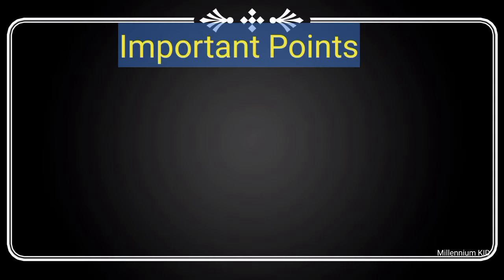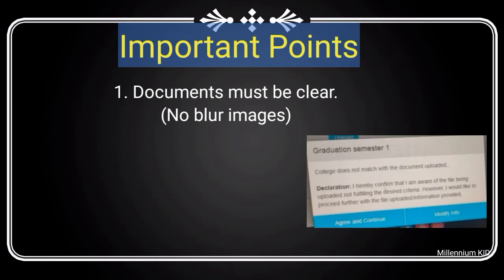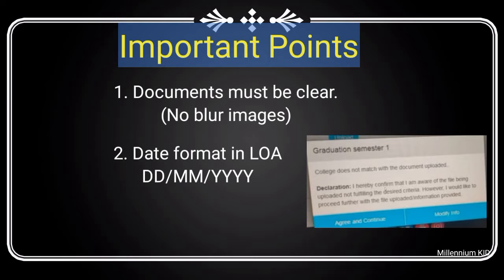With the help of that task we can make all necessary changes. So before starting this document uploading process, just keep these points in mind in order to avoid task rejection mail. The first important point is always try to upload a clear document. Blur images are not allowed. Mostly they will allow all file formats. And if you frequently get error messages like this while uploading your mark sheets, then follow those instructions which were mentioned in this video. Just follow this date format in LOA, that is, the year must be mentioned as 2021 and not just 21.